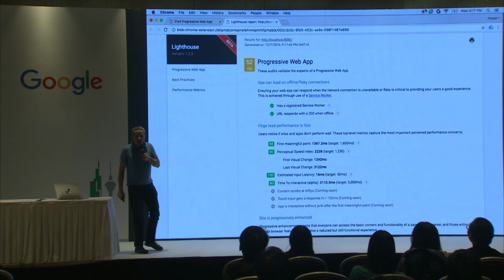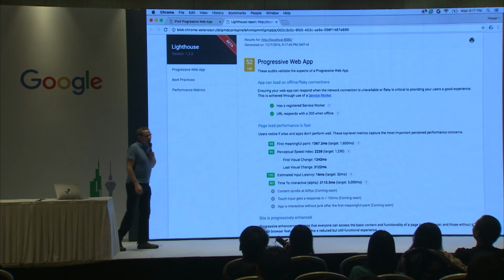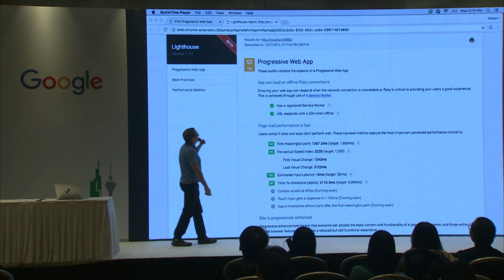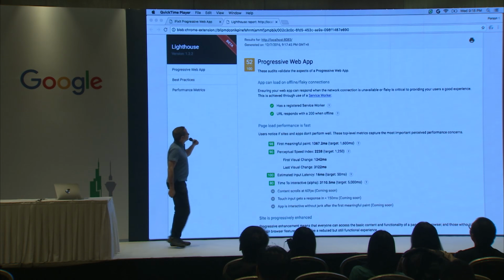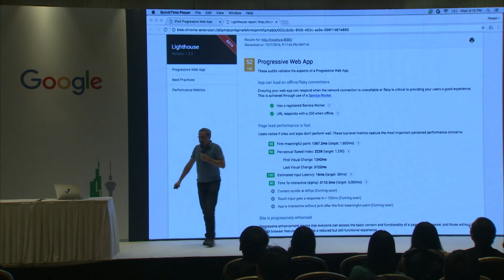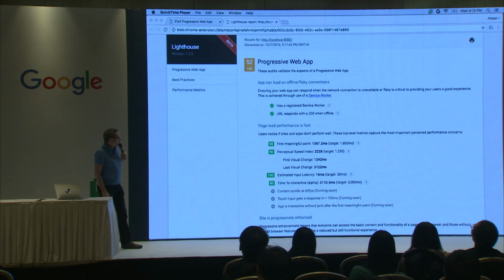So just by adding a service worker, we've taken that number and we've bumped it up a good bit. So there's a couple of key things that have changed here. First, here's this big one, right? With the service worker, the app can load in flaky and offline connections. That's kind of awesome. Okay, now performance, first meaningful paint, awesome. Time to interactive, those are all great.